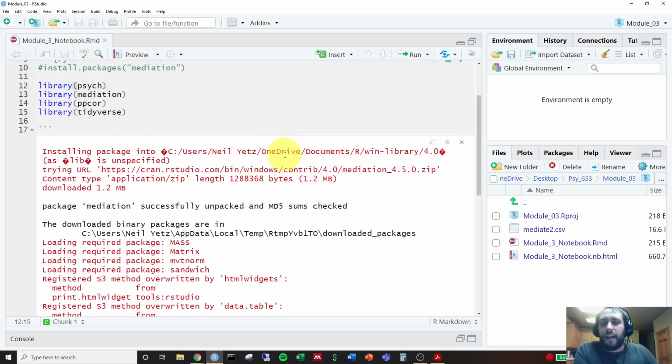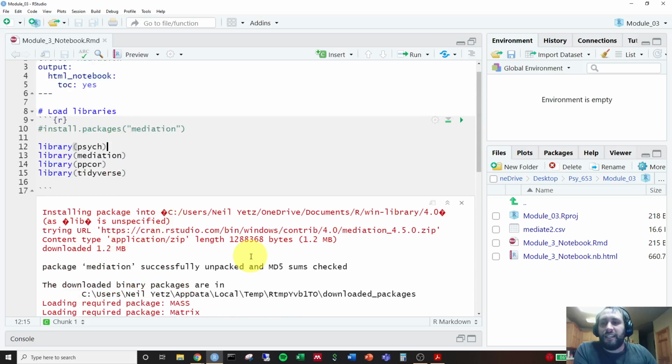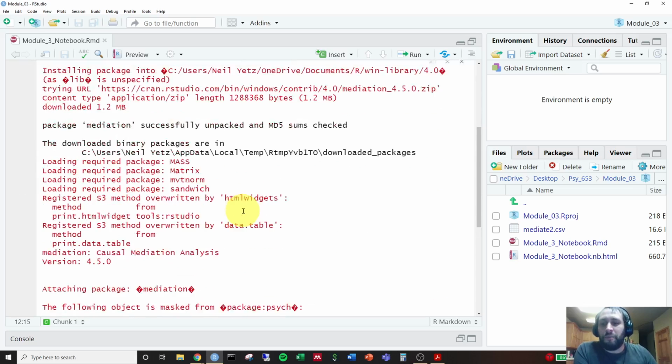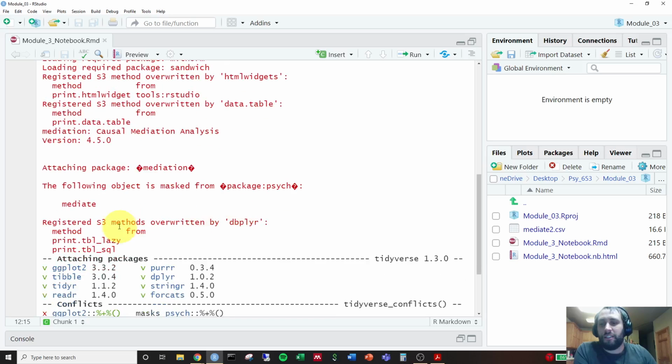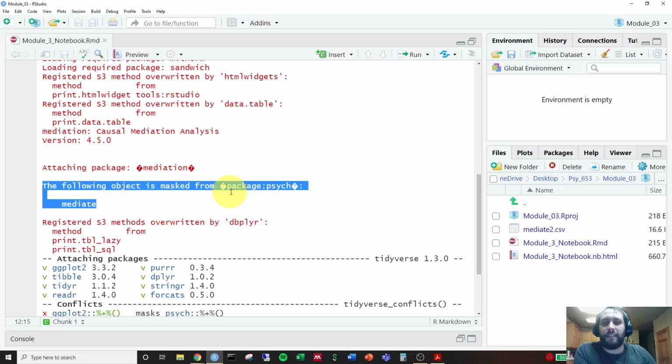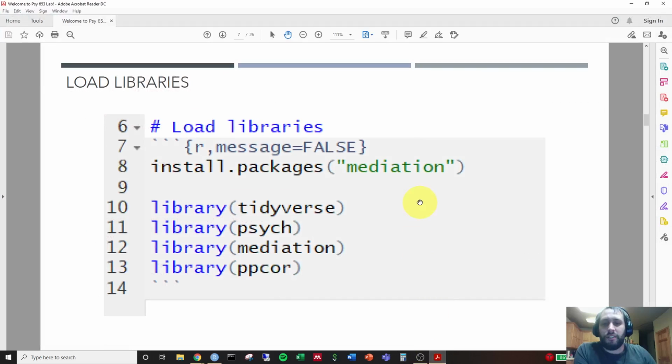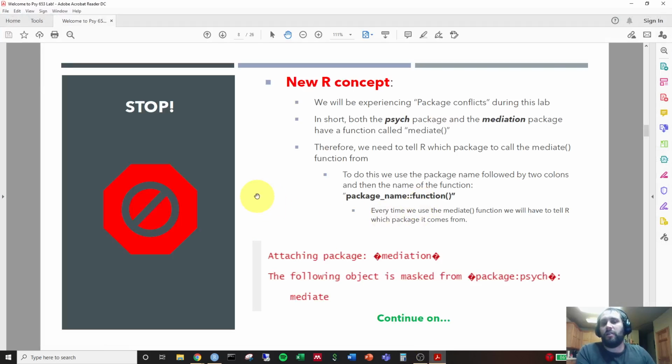Now, normally we don't really look at this wall of text that's displayed when we load our libraries up, but there is actually one thing that I want to explain to you right here. It says the following object is masked from package psych, and it's the mediate object, which is the function called mediate. I want to explain a new R concept to you. Throughout today's lesson, we're going to be experiencing something called package conflicts. In short, that means both the psych package and the mediation package have a function called